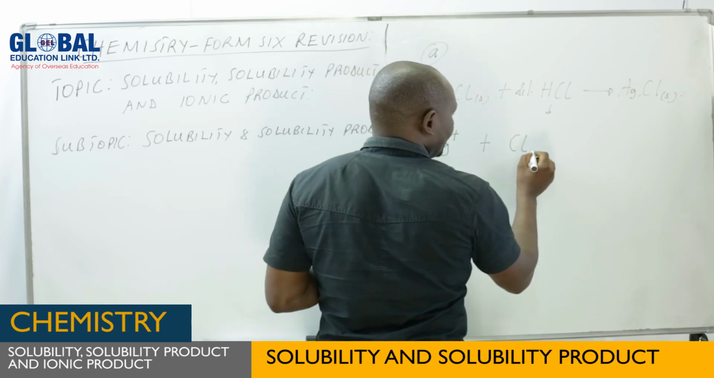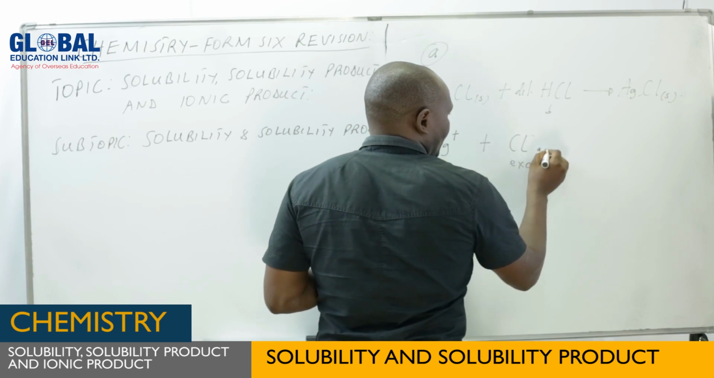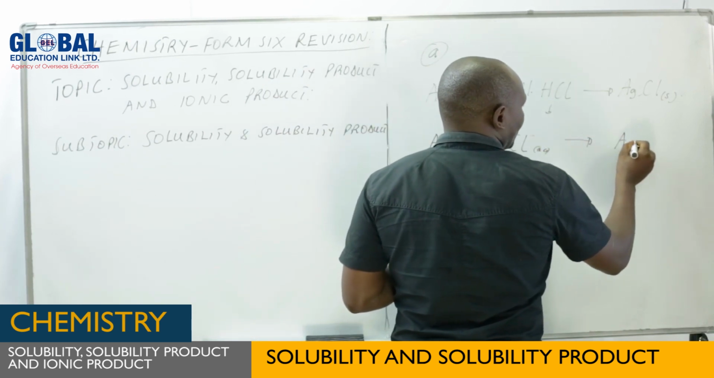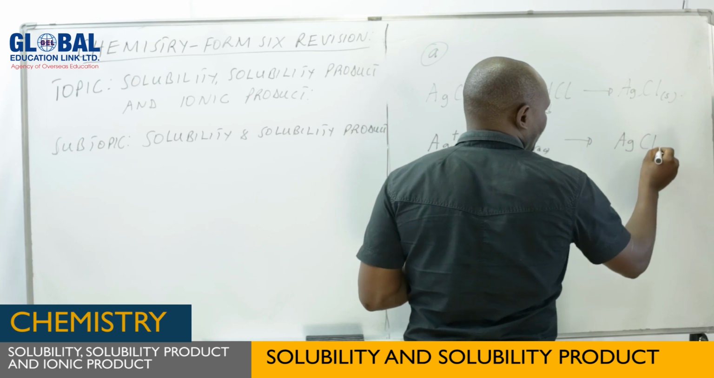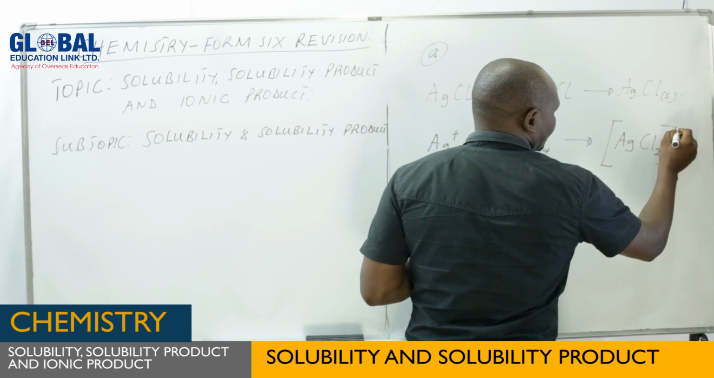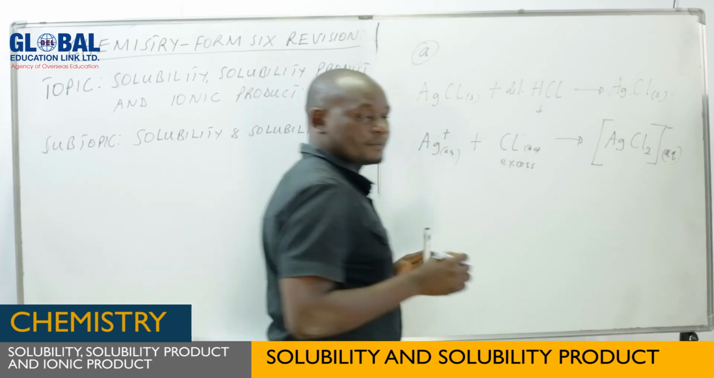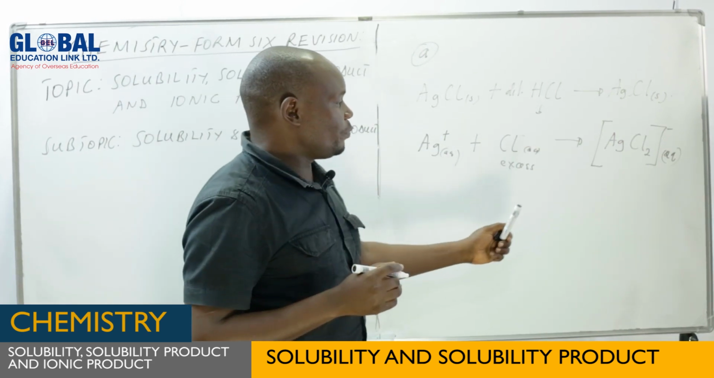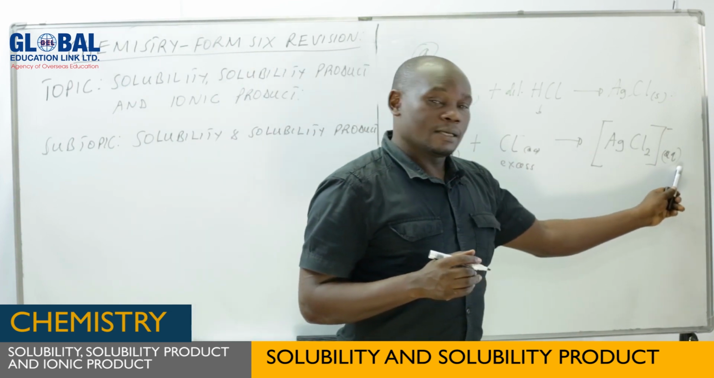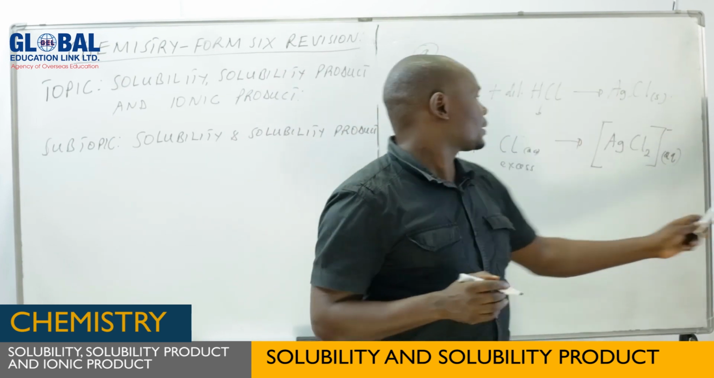So here it will lead to formation. The chloride is now in excess. This will lead to the formation of a complex compound, dichloroargentate(I), which is aqueous. That will be the product, and this complex is soluble. So that's why we say the solubility of silver chloride in water decreases